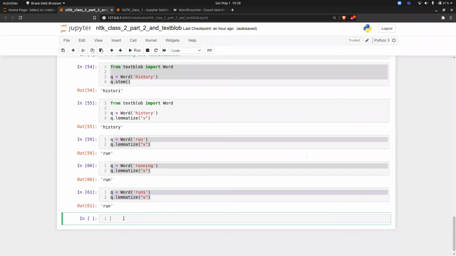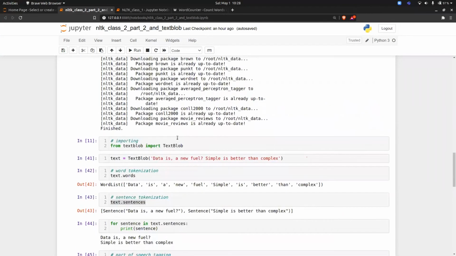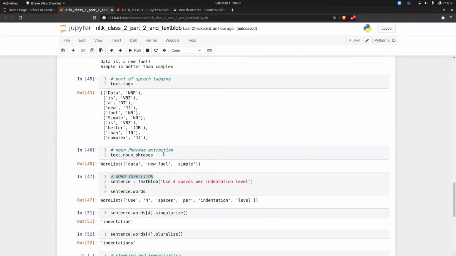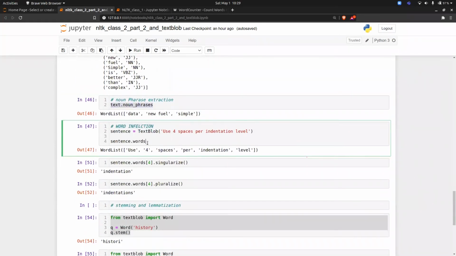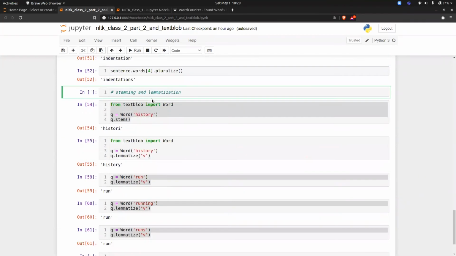Okay. One more thing I liked about TextBlob is that you can create a number of applications. You can create part of speech tagging, then extract a particular noun from a sentence. You can also create an application where if you type a word, it gives you the plural or singular form. Then of course, stemming and lemmatization: you can ask the user to give 5 words and it will give the common root for them.